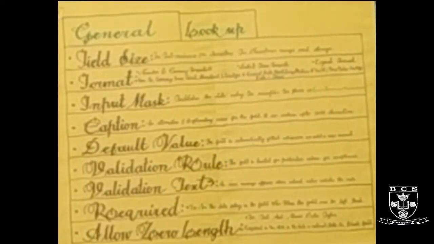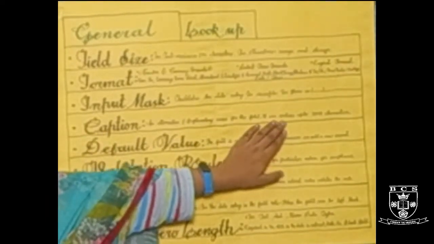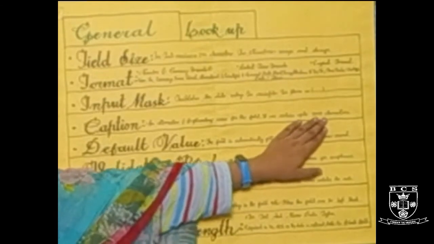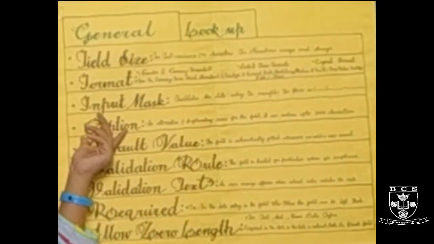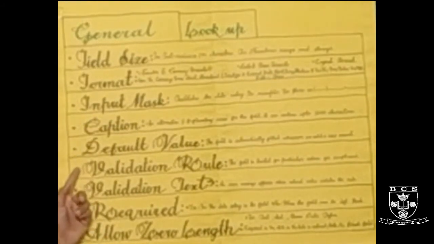And right after that we have caption. What is caption? A caption is an alternative and explanatory name for any particular field. Whenever we have a field, we write down its name with the help of the field name property in the design view, but in the field name we can write only limited characters, and here for the caption we can store up to 2048 characters. So if the field name is long or detailed, we will use this particular property, that is caption. Right after that we have default value.